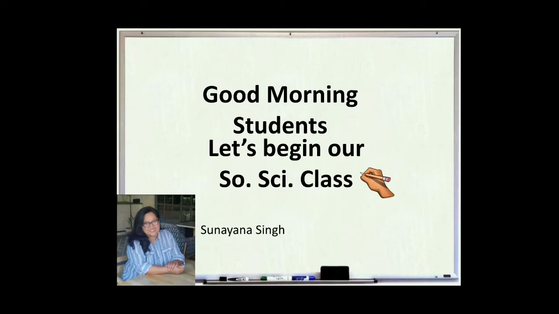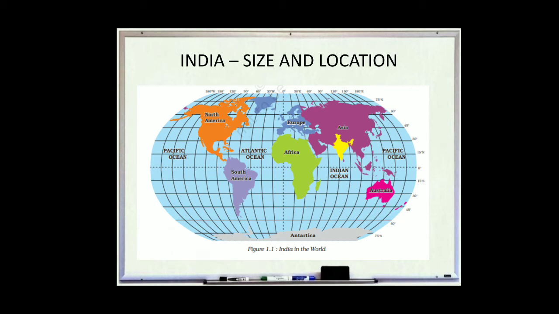Today, I'm going to explain to you the NCERT Geography chapter, India: Size and Location. When we observe this globe picture, we find the different continents in colorful shades: North America, South America, Africa, Europe, Asia, Australia, and Antarctica. These all continents